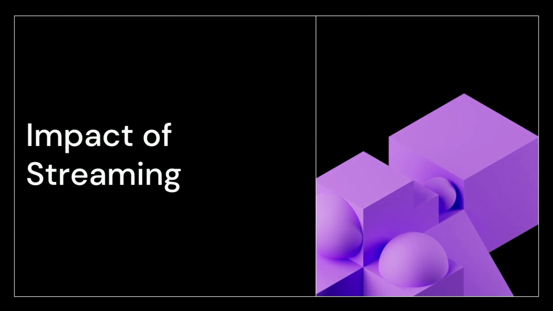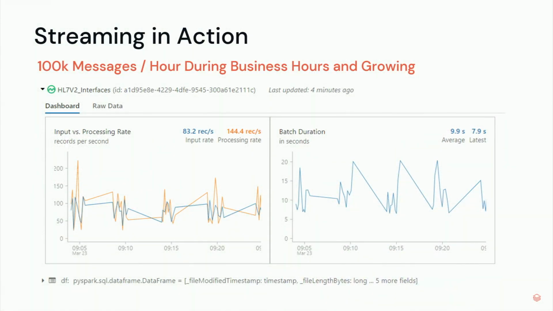Lastly, let's talk about the impact of streaming. As we mentioned today, CRISP is currently receiving over 1 million messages per day, 100K messages per hour during business hours and growing. CRISP is constantly adding new sources, new states, and new providers into the streaming process. And as soon as they add a new provider, those messages get streamed into the data lake and picked up by Auto Loader, and they just get fed right into this process. There's no additional configuration that's required unless we want to do some of that standardization and other things we mentioned.